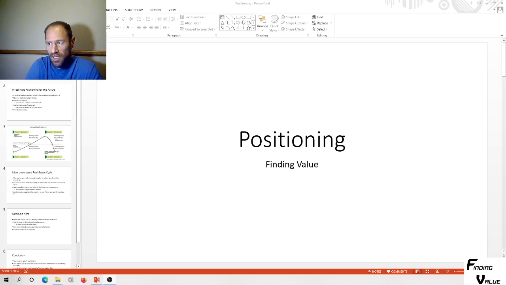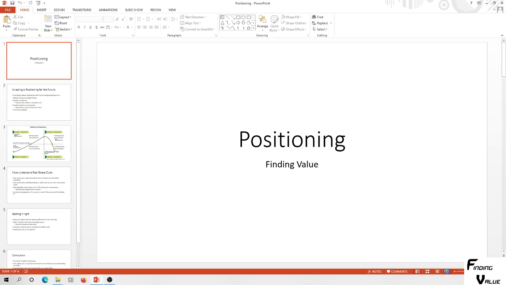This presentation is about positioning. Positioning is dependent upon certain things and how you want to position your portfolio to take advantage of certain market conditions. So I've got basically the real estate cycle and potential investments that you could partake in given a certain spot in the real estate cycle, because real estate really determines if you have really neutral inflation, high inflation, or deflation. So I'm going to get into it and show you what my opinion is on positioning given certain market conditions.